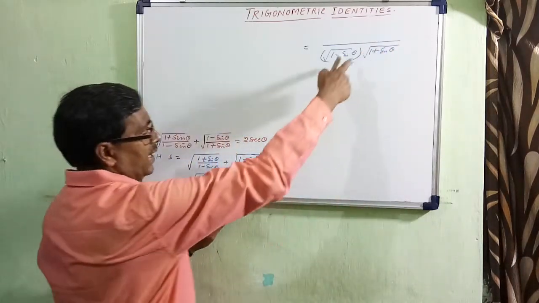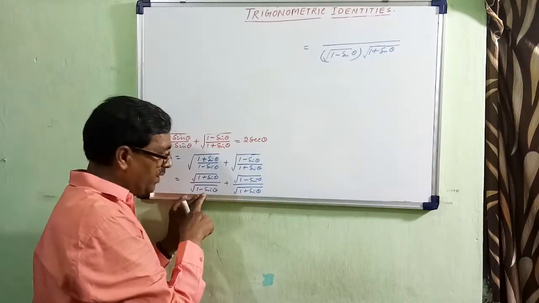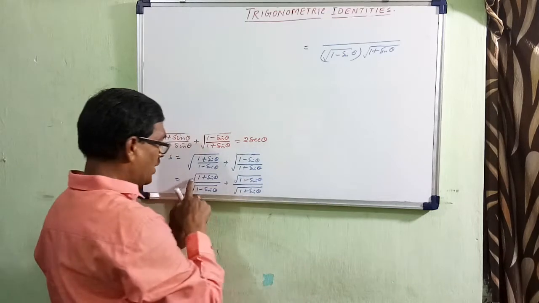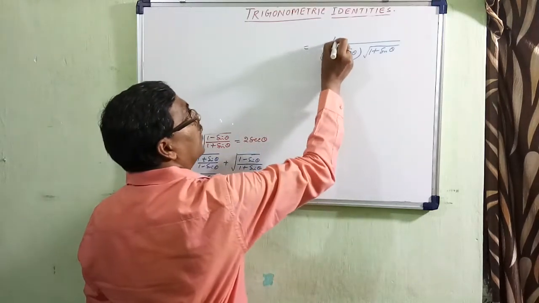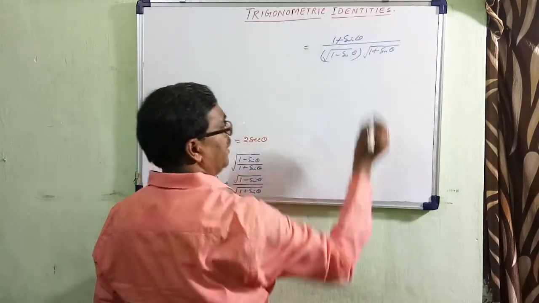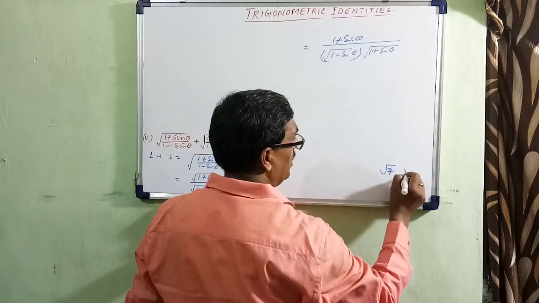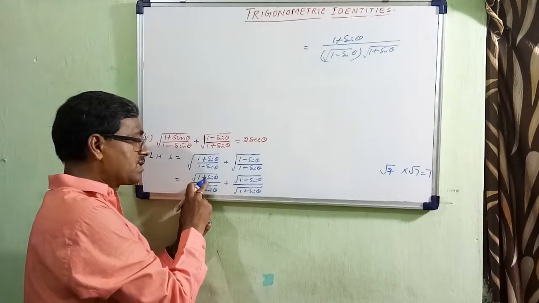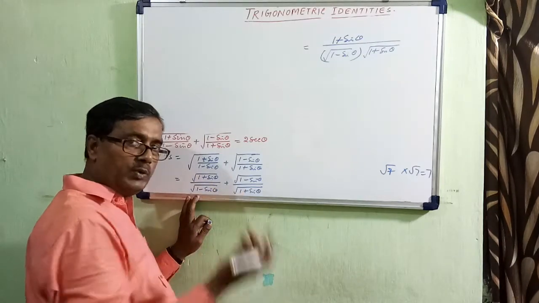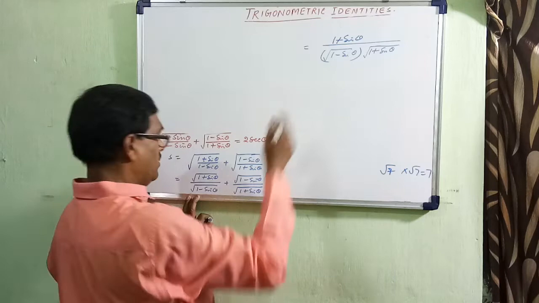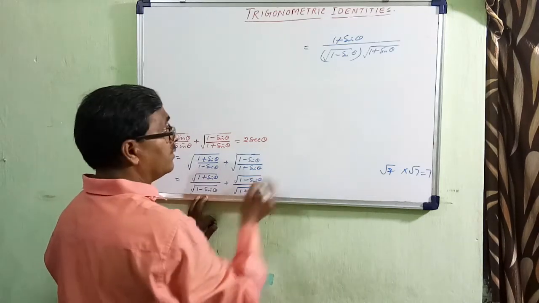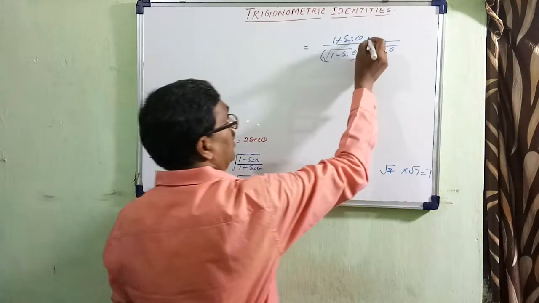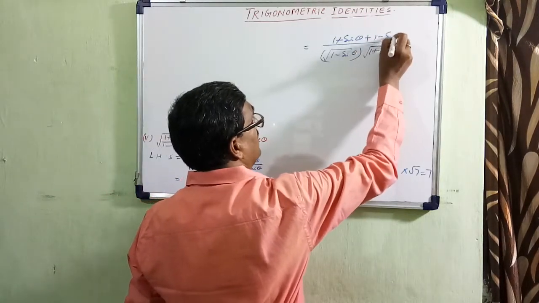And this LCM is divided by the first denominator, this is left, and 1 plus sin theta root over into 1 plus sin theta root over, will it be only 1 plus sin theta, because root 7 into root 7 is equal to only 7? So root over 1 plus sin theta into root over 1 plus sin theta will be only 1 plus sin theta. And similarly, when the LCM is divided by this denominator, this is left, this into this is equal to how much? 1 minus sin theta.